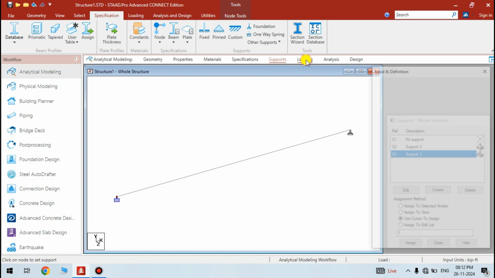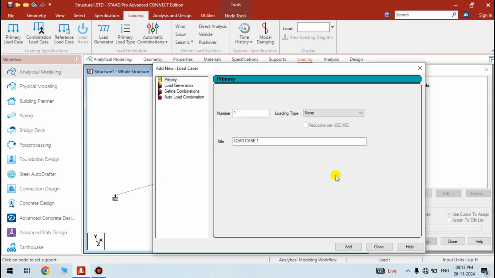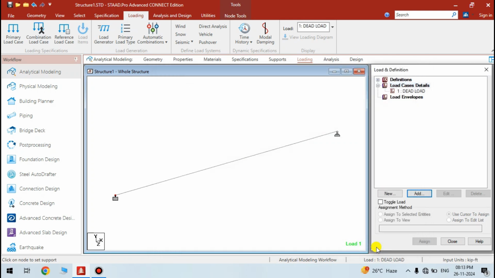Now apply the load. So click the loading, select the load case details, click on add button. The primary load case is selected, number is 1, loading type should be dead load, and just type any name. Click the add button. Now click the close button. Now select the dead load. Again click the add button